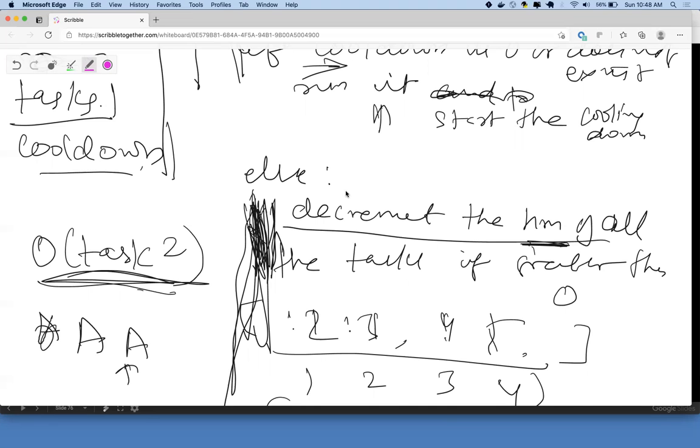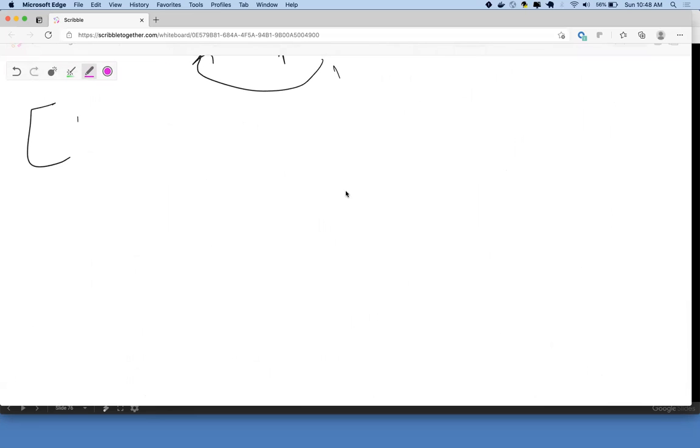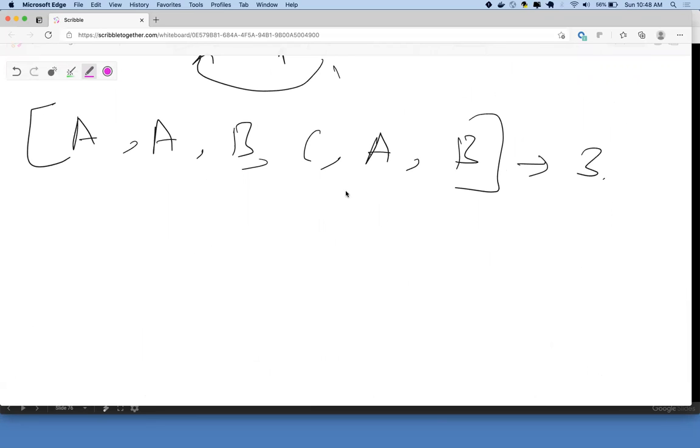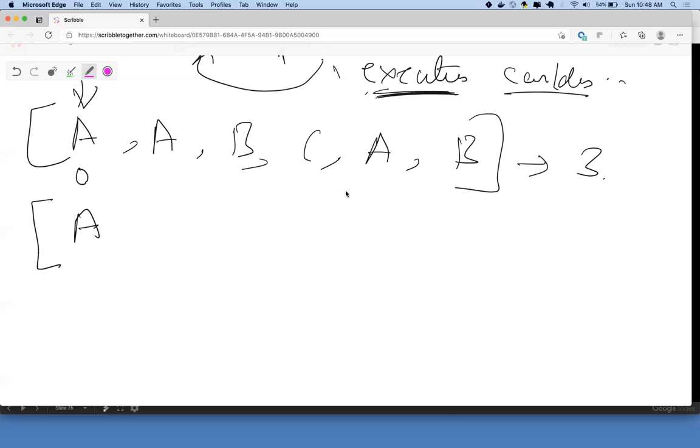Okay, now let's say I have A, B, C, A. Let's say B again. Let's say my cooldown is 3. Now let's say initially I start from A. Now initially I'm at this task, right? And also this execution is 1 second. Your cooldown is also in seconds. You said 3 seconds, am I right? Yes, I said 3 seconds cooldown. Cooldown occurred in seconds.